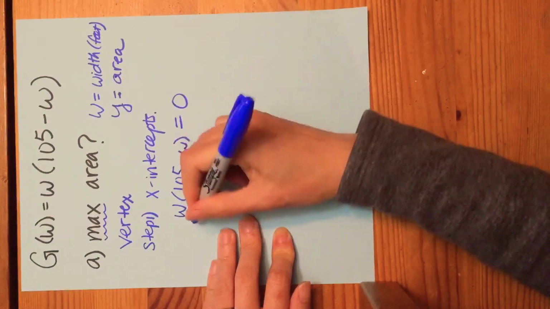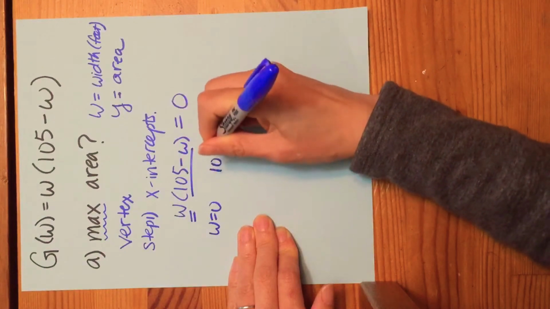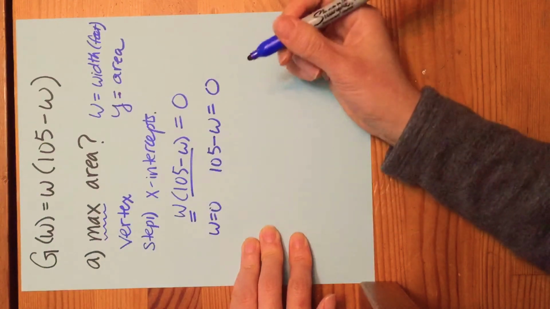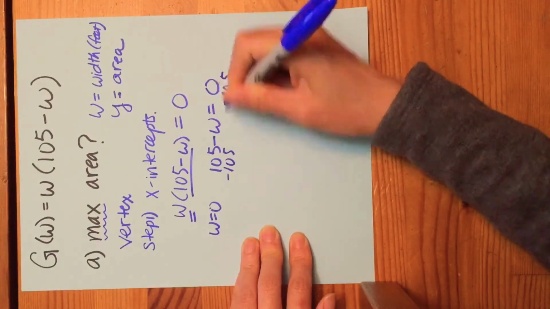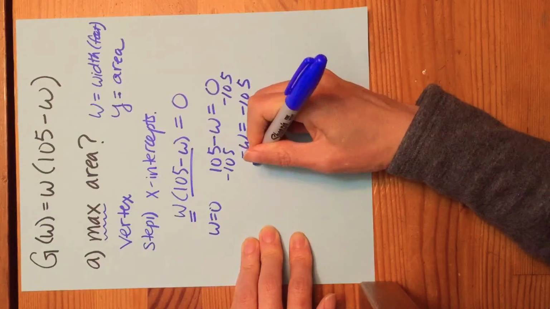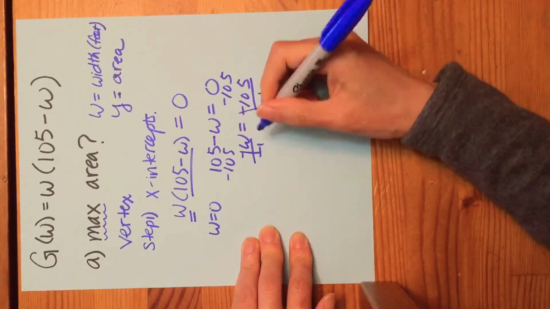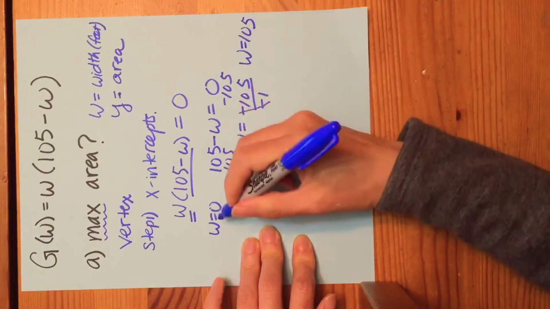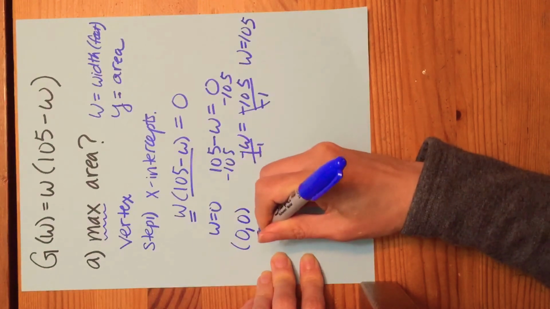So this is going to equal 0 if W equals 0. And the other factor is 105 minus W equals 0. So this is already solved. This one, you have to subtract 105 from both sides. And then multiply by -1, or divide by -1, excuse me. Either way will work though. And so the other answer is W equals 105. So these are my two x-intercepts, 0, 0, and